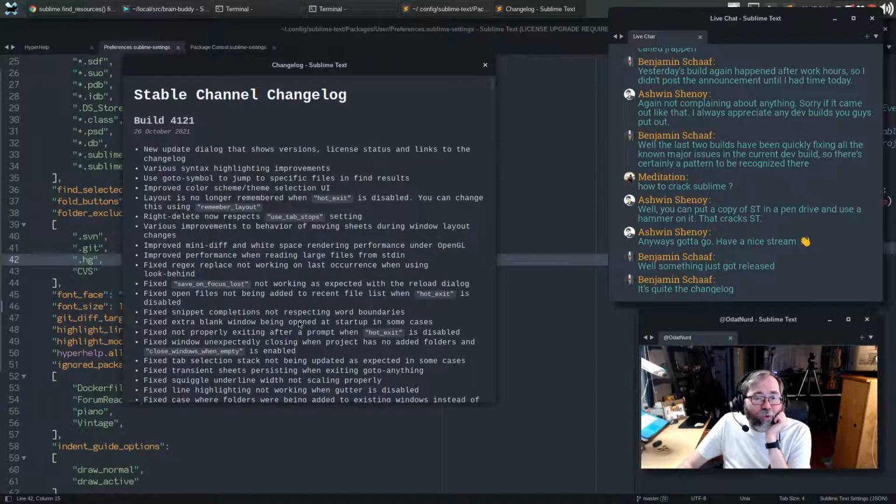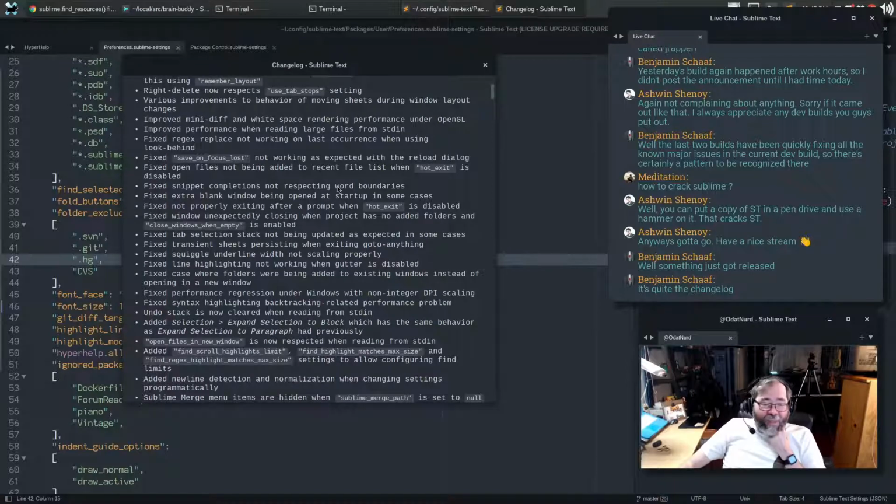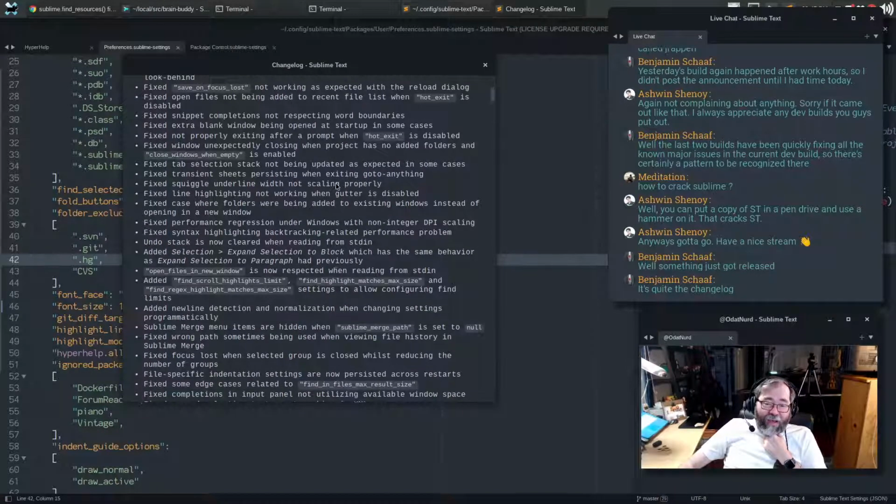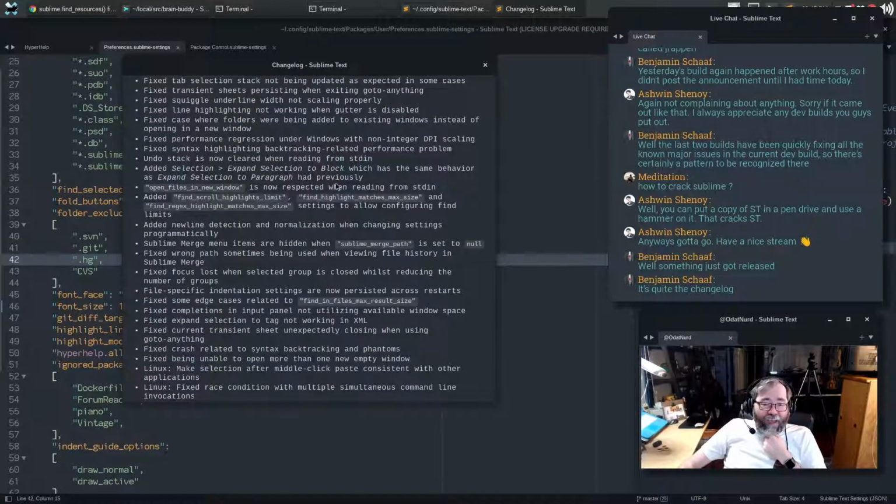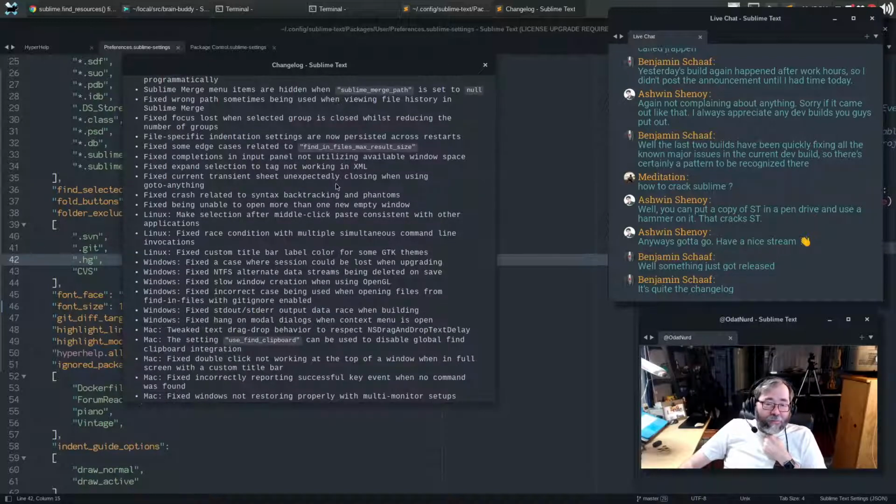Now we're on build 4121. And there's been so many dev versions that we've seen the changelog incrementally bump up as it was going along. So now we're seeing them all combined into one. This is an epic level of action in here.